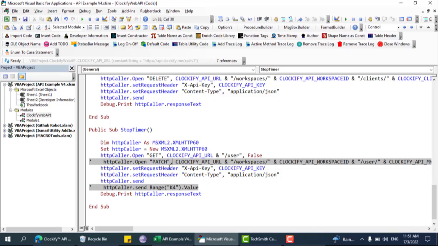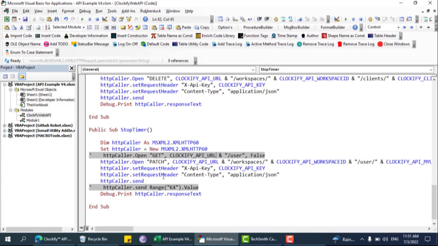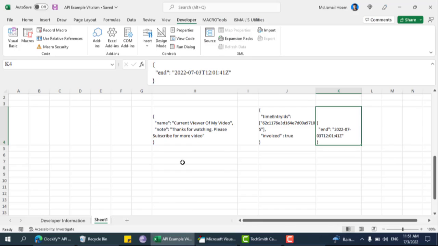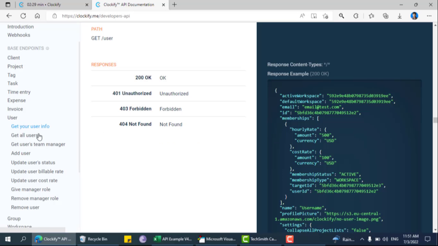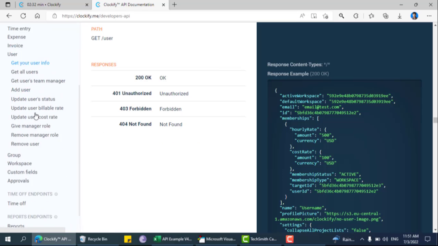Now for this PATCH method to work, we need to uncomment this one, comment this one, and comment this one. Basically I'm trying to reduce duplicate code, that's why I am using this comment and uncomment part. Okay, now in this section you can see that in this stop timer,